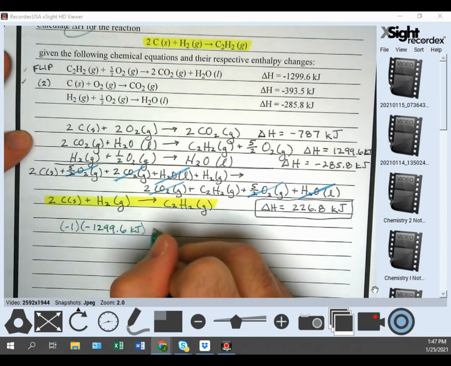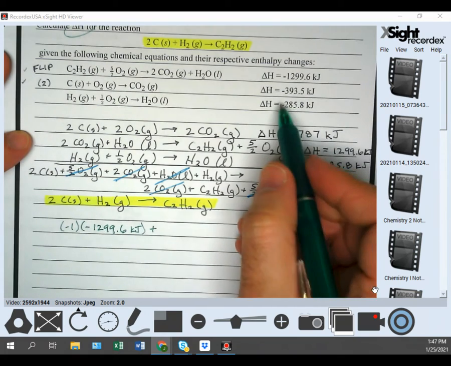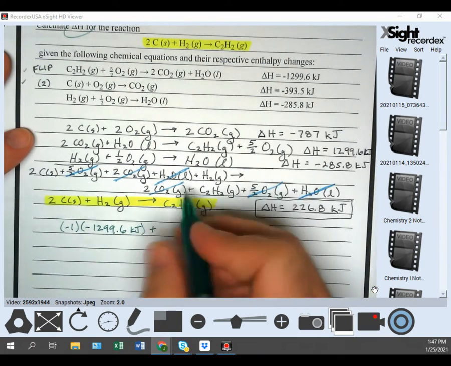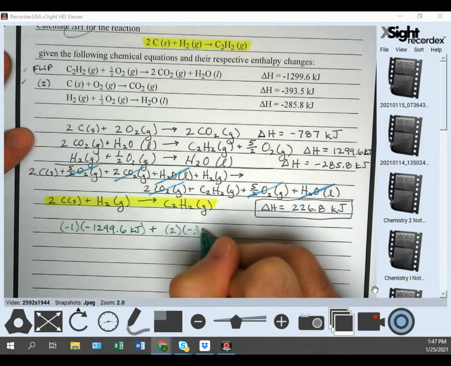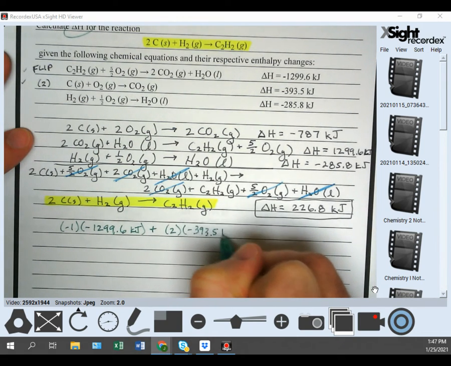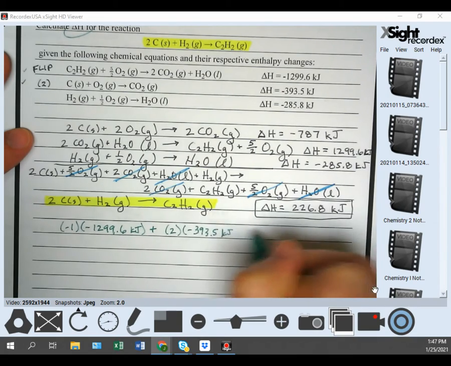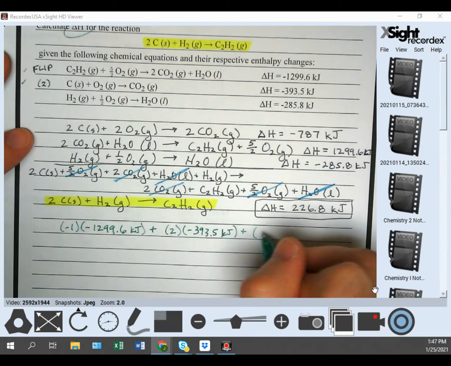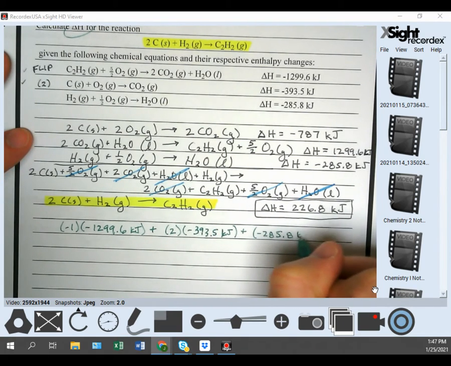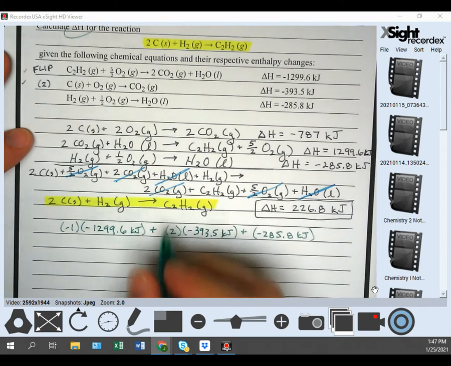plus, what happens to the second one? Multiply by 2, right? 2 times -393.5 plus, nothing happens to the third one, right? -285.8. And we get